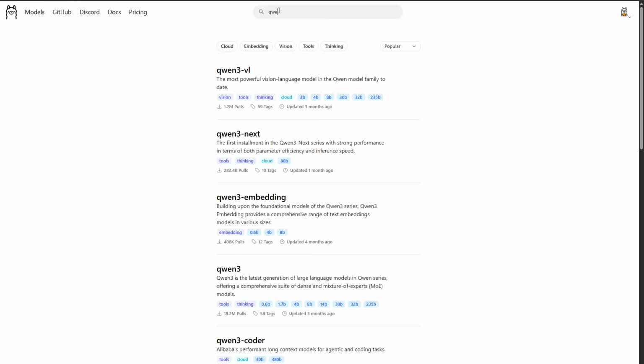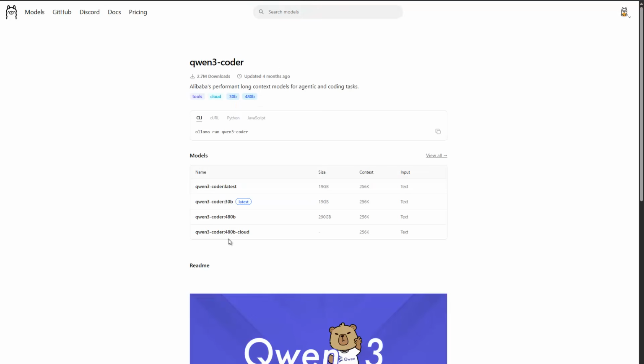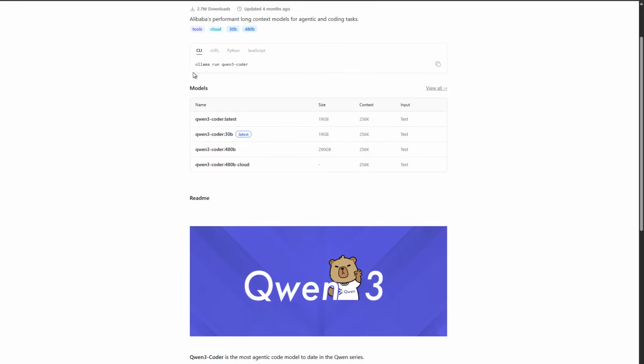So if I search for Qwen 3, there is actually a Coder model, which is this one here from Alibaba, which is quite good as far as I've seen. So you can go there as well, and then you just pull this down to your local system. So if you're in the CLI, you see ollama run, and then Qwen 3 Coder, and you download it to your system. And you can also download it via curl or Python or JavaScript if you want to do that as well. So basically download the model of your choice, then you go back to the editor of your choice,